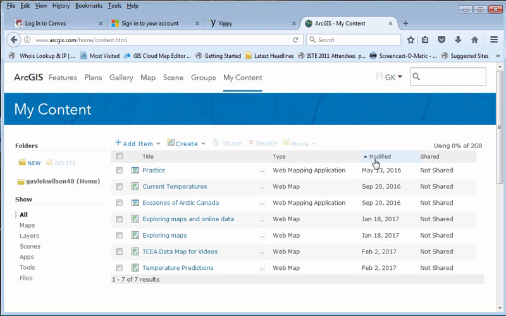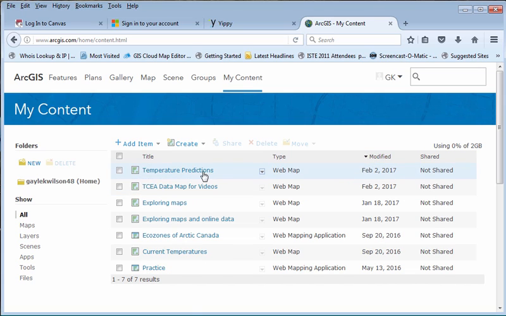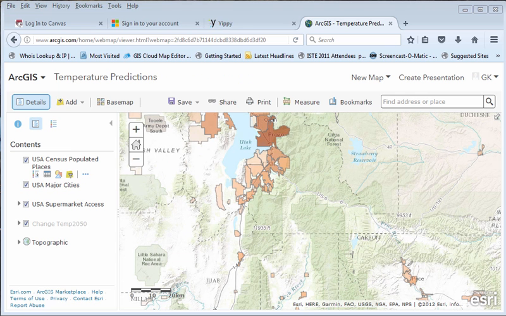You could look at when it was modified. Temperature predictions, not a very good name for that particular one. And then I will hover over the drop down and I'll say Open in Map Viewer. And it will open up exactly where I left off. Okay,